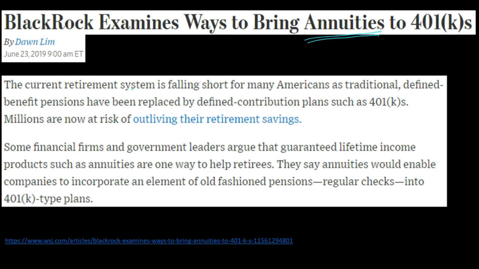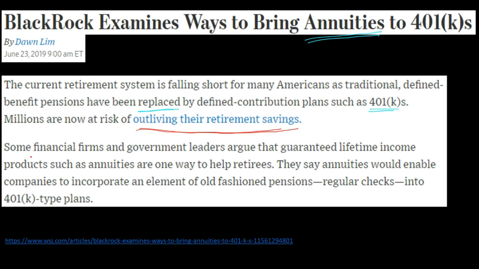So it says, look, the current retirement system is falling short for many Americans as traditional defined benefit pensions have been replaced, just as we said, by defined contribution plans such as 401ks. As a result, millions are now at risk of outliving their retirement savings. So we just talked about it. People have an uncertain amount of money for their retirement by the end of their 401k horizons. And secondly, people are just living longer, and so there's a greater chance that you may just end up outliving your retirement savings. And so it would be nice to have some guaranteed income like the kind that comes through